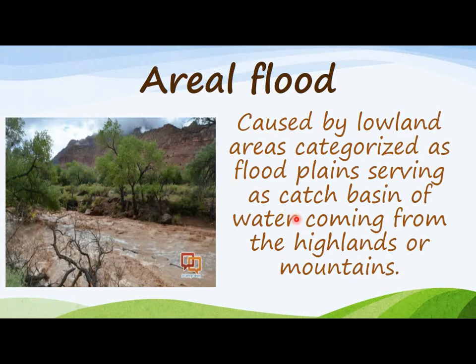Let's say, for example, sa Cagayan, pwede rin masabi natin yun as areal flood, di ba? Again, ang pangalan ng lugar is Cagayan Valley. Cagayan Valley, ibig sabihin, may valley, may mga bundok, may mga matataas na lugar. Ngayon, dun sa area talaga mismo na nalubog, na cover ng tubig, naging catch basin sila. Lahat ng tubig na nanggaling sa dam, nanggaling sa bundok, doon lahat napunta. Kaya ang nangyayari, yun nga, na-cover sila ng tubig.